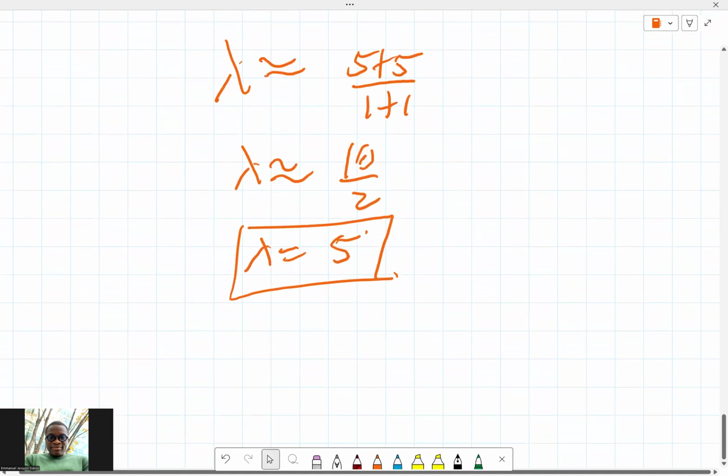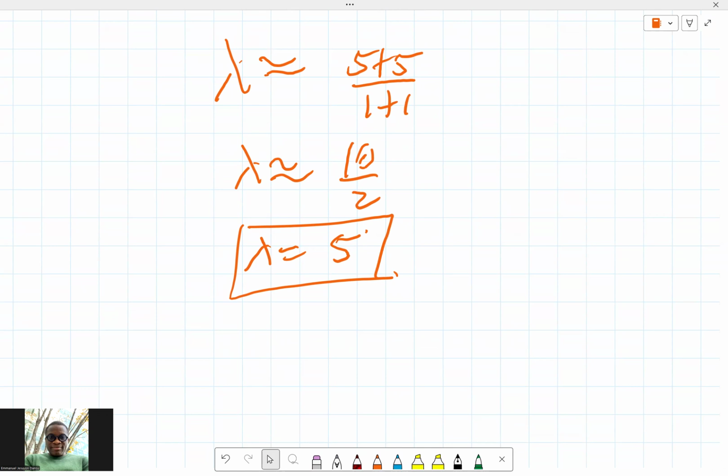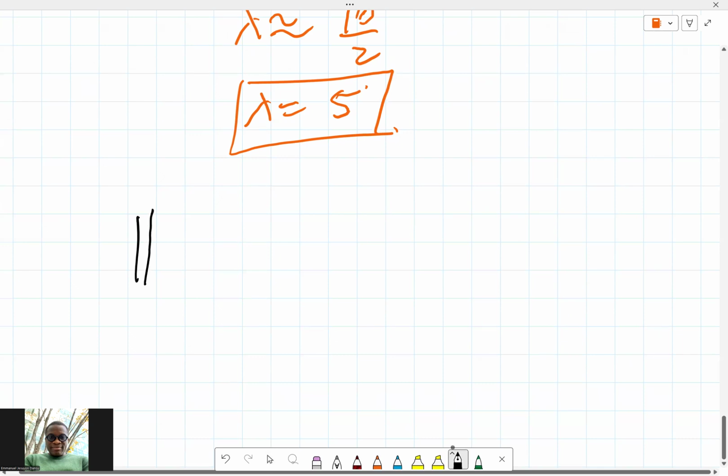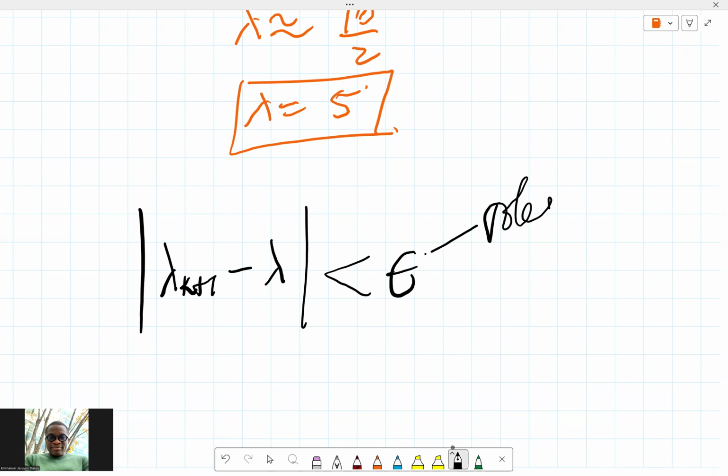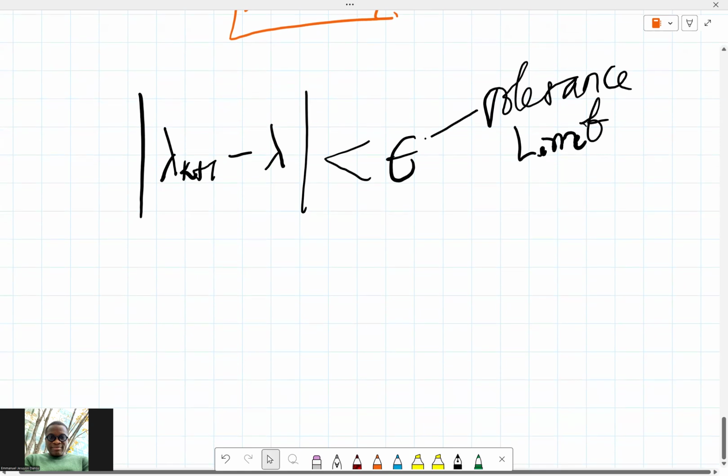Of course, this matrix is particularly not the sparse type. We can get the exact value, which is actually 5 in the first place. So we could go ahead and repeat this and try to use the convergence criterion. Of course, the convergence criterion is usually this absolute value, say the absolute value of lambda k plus 1 minus lambda k, that it is less than a particular epsilon, which is the tolerance limit. We can always do that. But this matrix is a simple one, so we simply know it's 5. So we could just stop there, especially since I've done it before, right? So we can just conclude then that